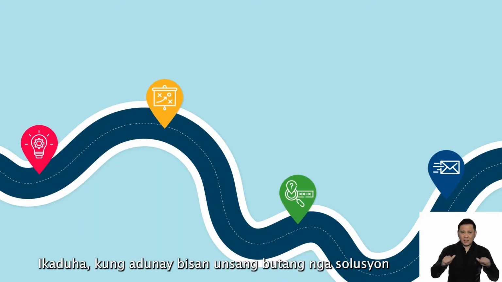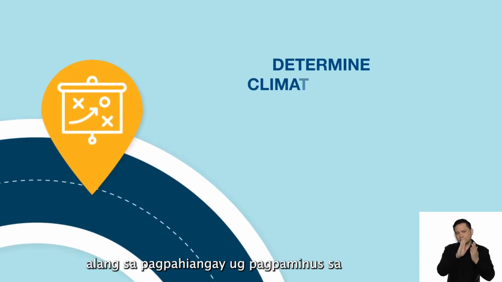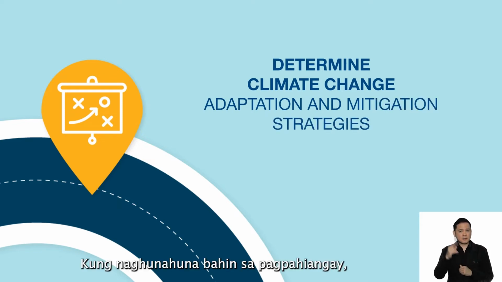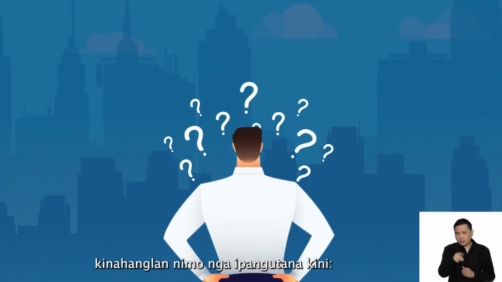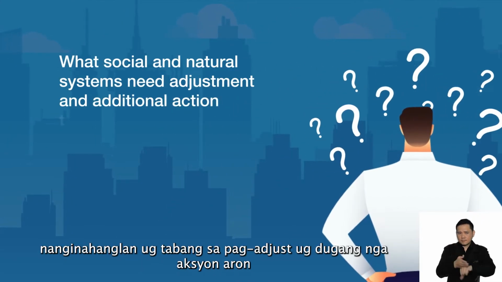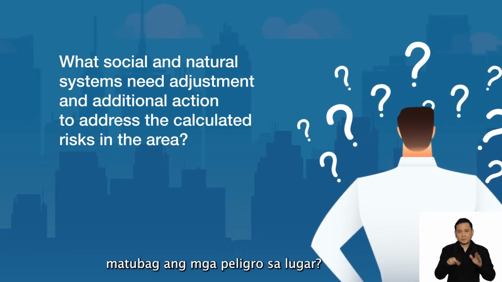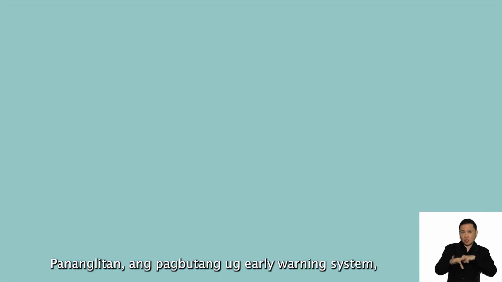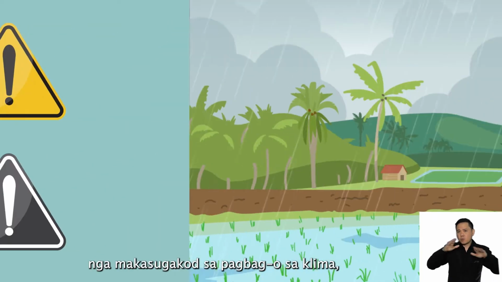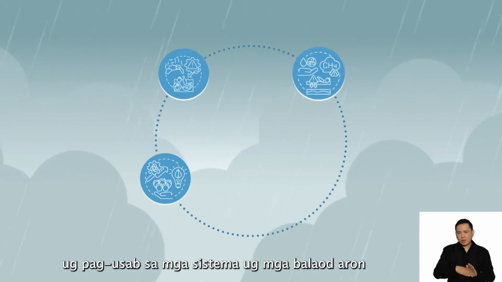Second, if there's anything that's key in the local CCET, it is determining the strategies for climate change adaptation and mitigation. When thinking about adaptation, you must ask this question: what social and natural systems need adjustment and additional action to address the calculated risks of the area? For example, installation of early warning systems, building flood defenses, developing climate change resistant crops, and redesigning systems and policies